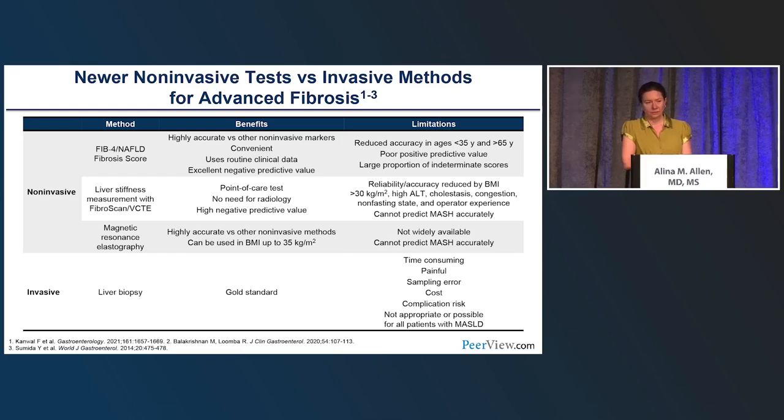The invasive method, the liver biopsy specifically, is the imperfect gold standard that we have. And we use most of the important criteria there, such as steatosis, ballooning, inflammation, and fibrosis to stage disease severity. The limitations are clear. It is time-consuming. It can be associated with complications such as pain or even bleeding. There could be sampling error because the disease is heterogeneous. There are cost implications, the complication risk that I mentioned, and it is not appropriate or possible to apply this method to screen or stage the disease of every patient with MASLD.